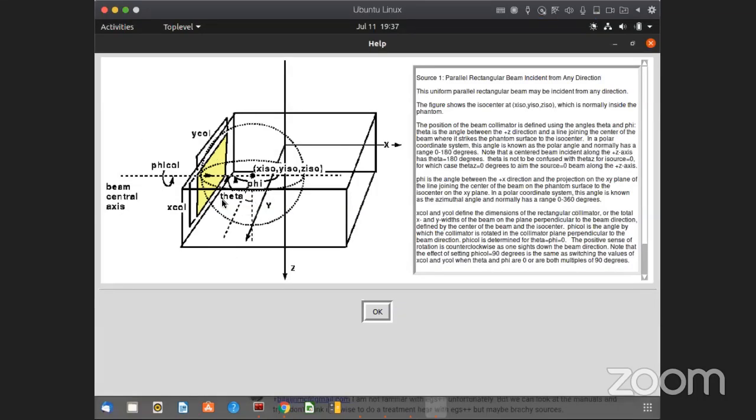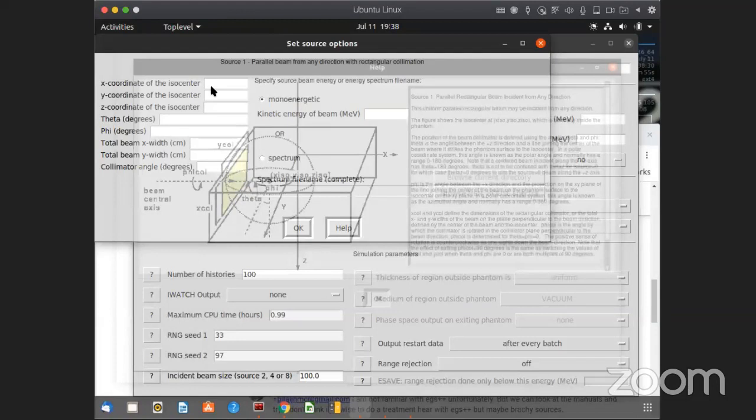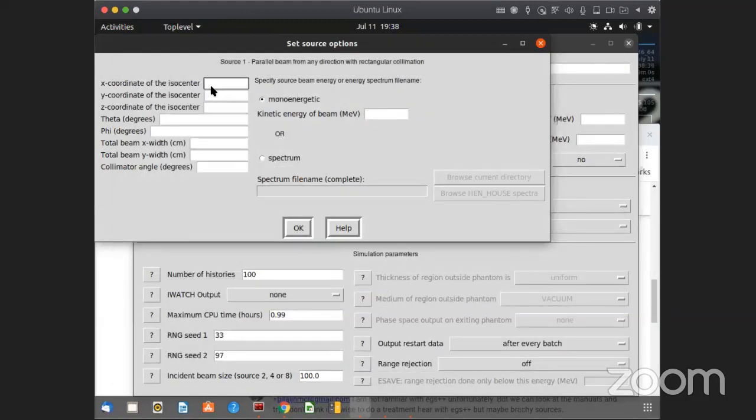So this is now the coordinate system of the dose XYZ. What we need to do, we need to have the beam. So this is the positive X. The beam has to actually come from this direction. I think it should shoot this way. We need to somehow rotate this beam so that it's shooting this way. This is the anterior part. So when we enter the coordinate of the isocenter, suppose this is in the middle of the phantom, I'm going to put